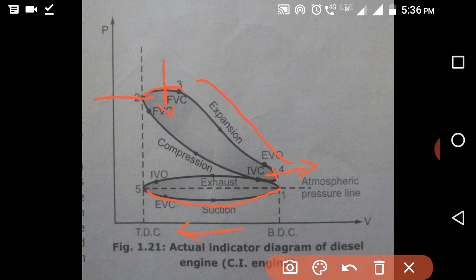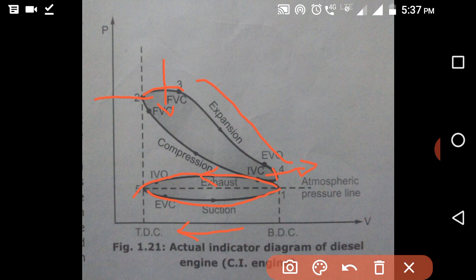Pressure inside the cylinder is higher than the surrounding pressure, so the gases escape from the cylinder to the atmosphere, but there is a restriction to the flow of combustion gases, and due to that a positive loop gets created inside the cylinder. This positive loop indicates the exhaust process.